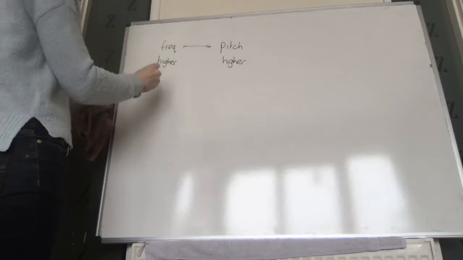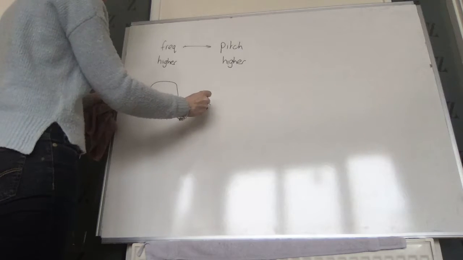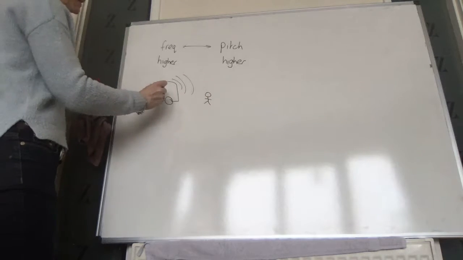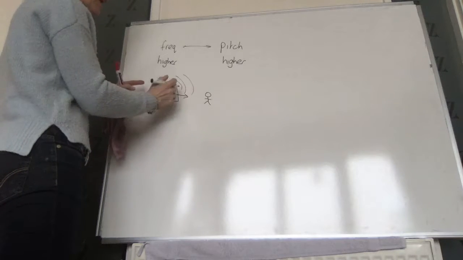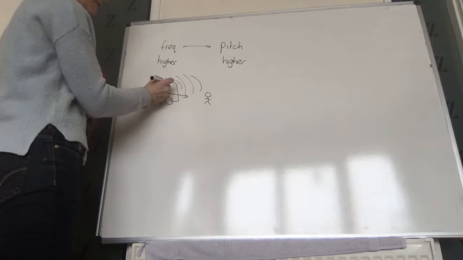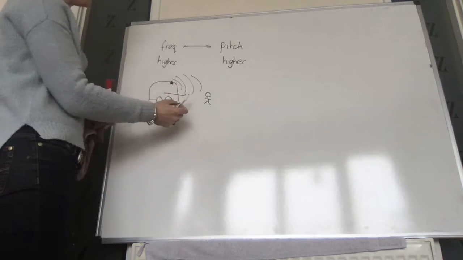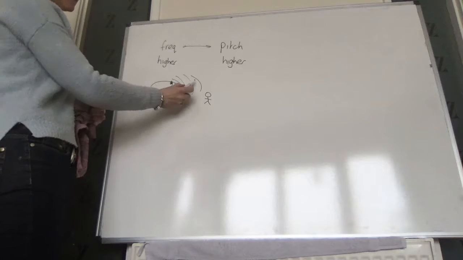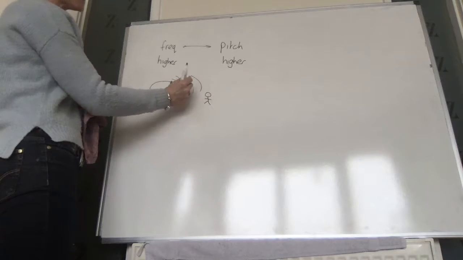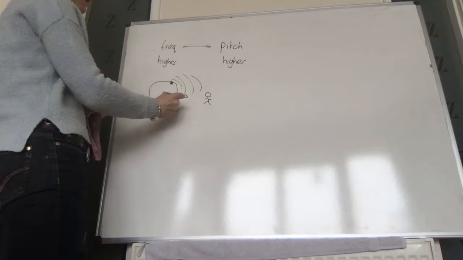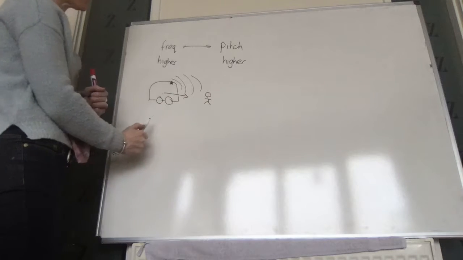So if we take that in terms of an ambulance approaching us. If an ambulance is approaching an observer, the ambulance is emitting a sound. Because the source is moving relative to the observer, he is going to hear a higher frequency than the frequency that's actually being emitted. That's because the waves are catching up with themselves and bunching up, so he's seeing those wave fronts hitting him quicker than they actually are, with less time between them. So he will experience a high frequency note, in other words a high pitch note, as the ambulance approaches him,